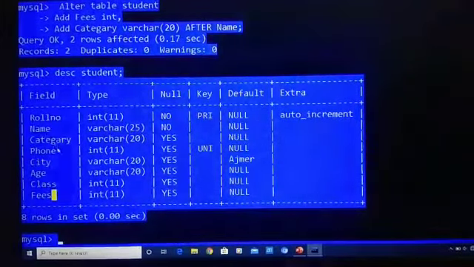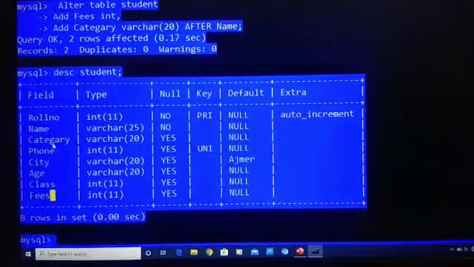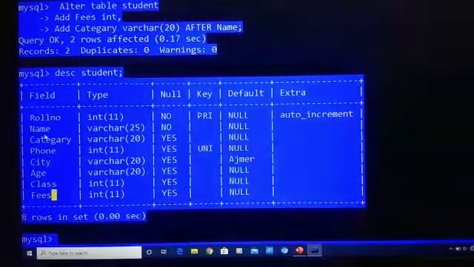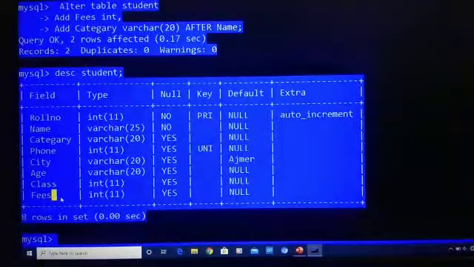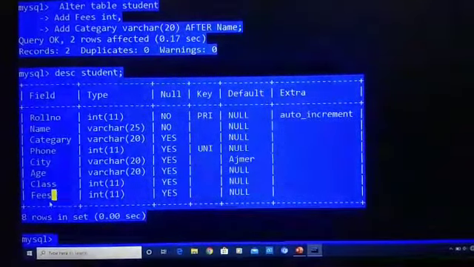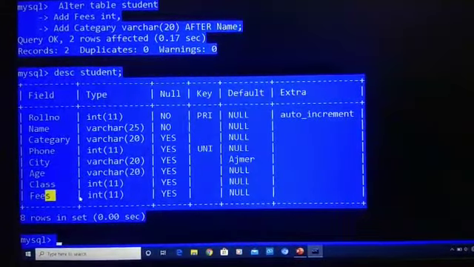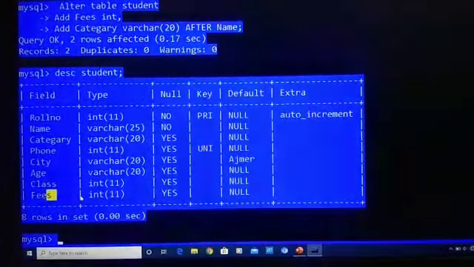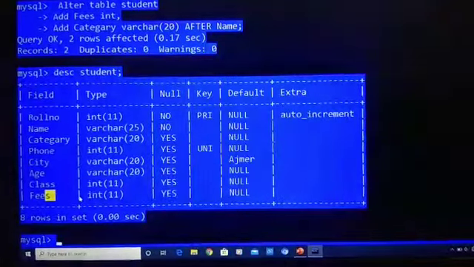We added category after name, so we wrote after. For fees we did not write anything, so it was added at the end of the table. Is it clear? So we learned how we can add multiple columns to our table.